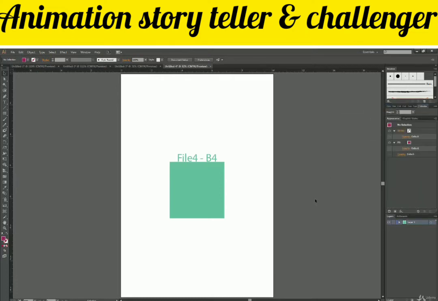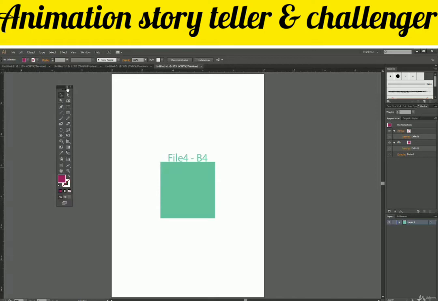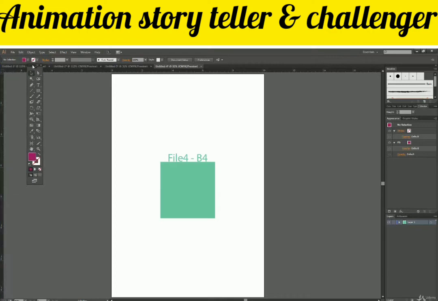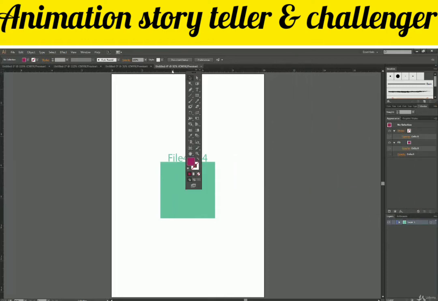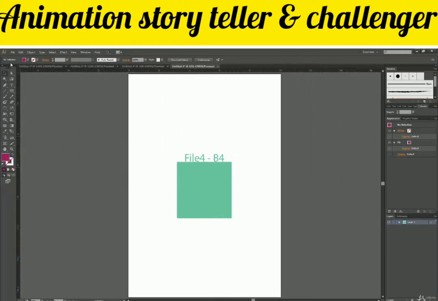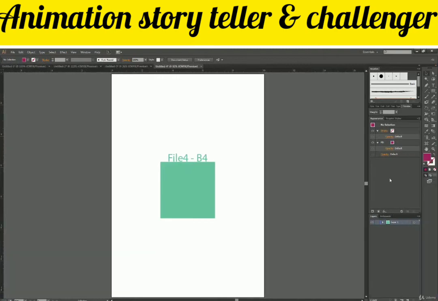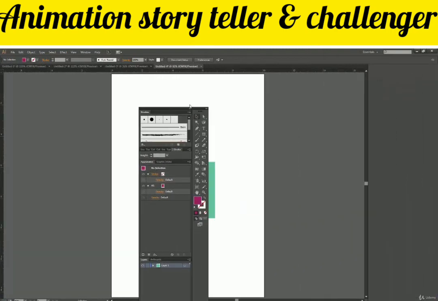There we go. Now the same thing can be done with the toolbar, but the toolbar doesn't have that much customization. The only thing you can do is click and undock the toolbar. You can expand and shrink it, and you can dock it again wherever you want. I think it only docks on the left side or the right side. It doesn't dock on the top and bottom. So that's the only option you have with the toolbar.